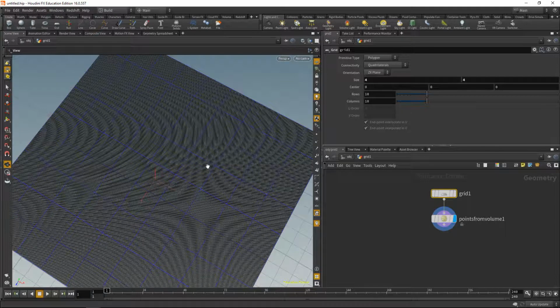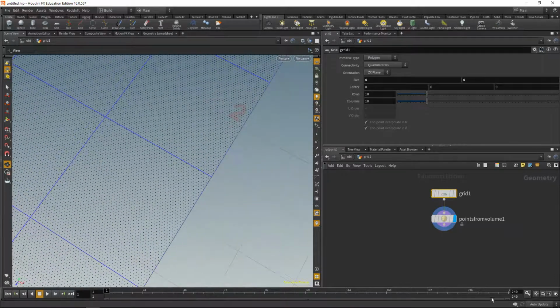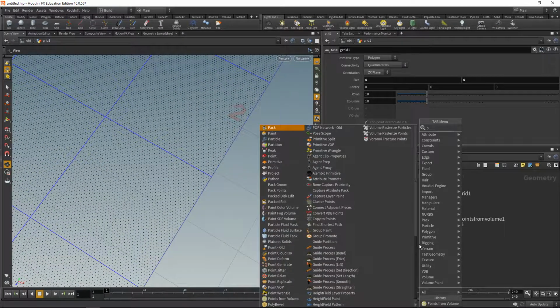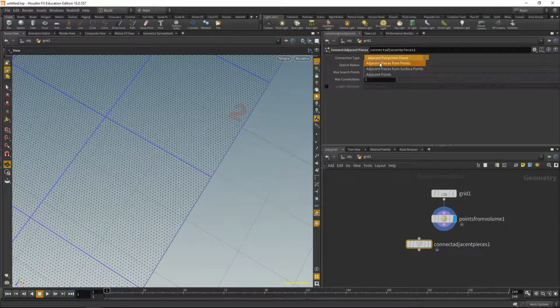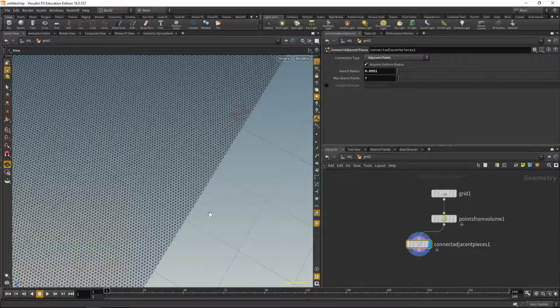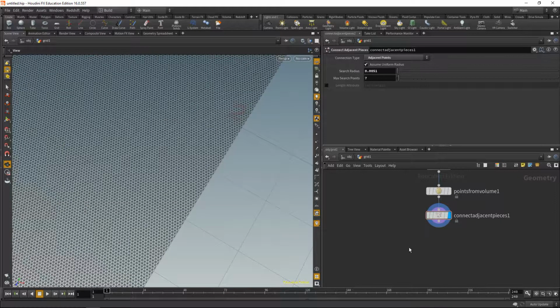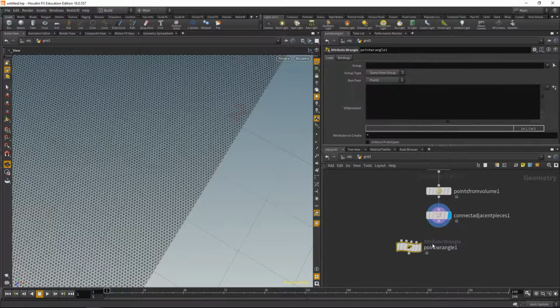However, for each point I need to know its neighbors, and in order to find out which are the neighbors of each given point, let's first drop down a connect adjacent pieces SOP, set that to points. Let's set the maximum points to 7 and the search radius to be 0.51. So if we wire this up here and highlight it, we see we now get these connecting lines between adjacent points. Now I'm going to drop down a point wrangle, wire this up,